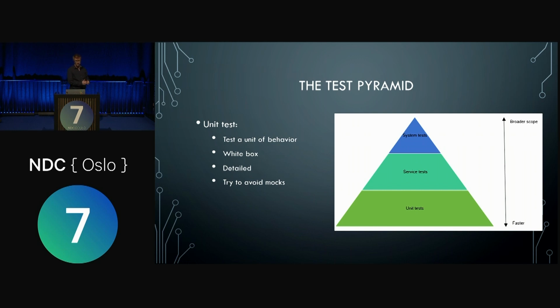You should test a unit of behavior. I'm pausing here because I think that's important and it continues to be misunderstood. So we're not testing a class. We're not testing a function. We're testing a unit of behavior. And it doesn't really matter if it takes two classes to implement that behavior. So you don't have to have the exact same structure in the production code and the test code. It doesn't have to be one-to-one the same files all over, because then you'll really hamper your ability to refactor. So don't do that. Focus on behavior, please.